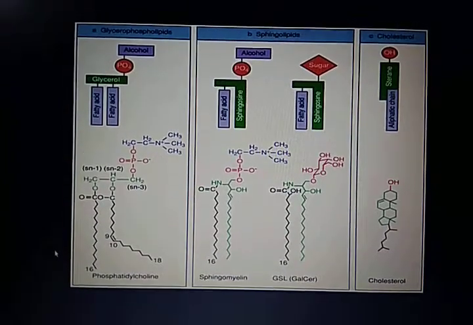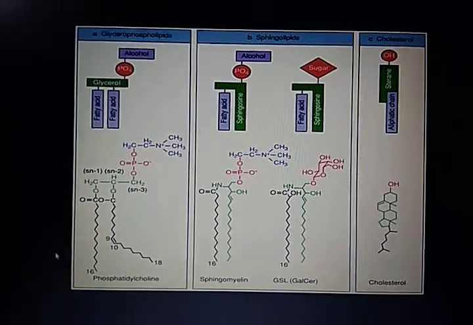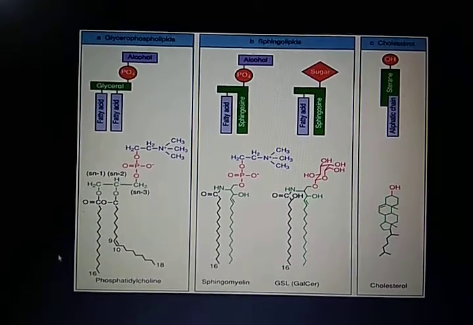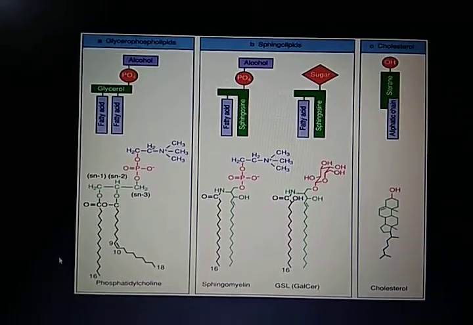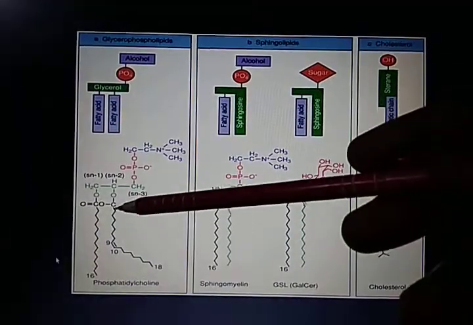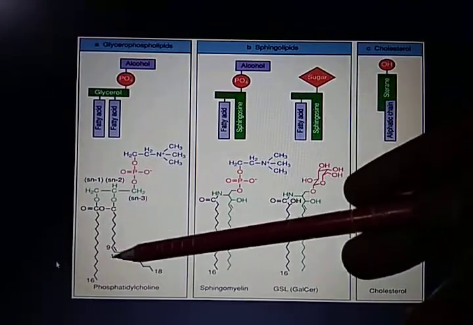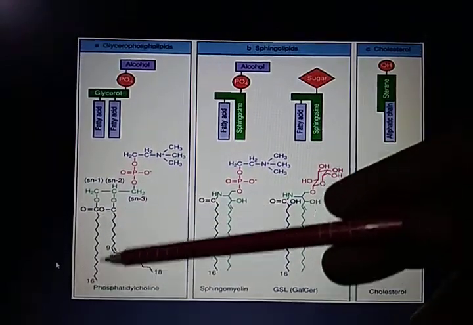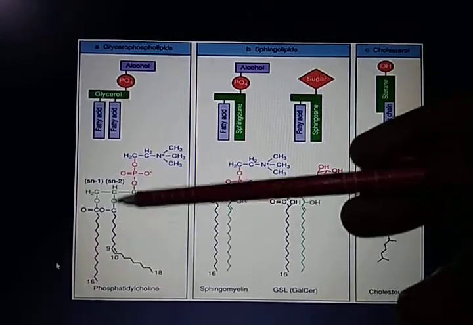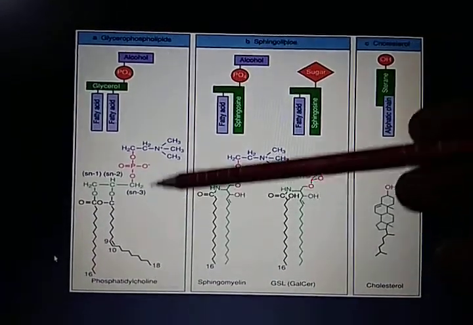These have a polar head group and two hydrophobic tails. As you can see in the figure, there are two hydrophobic tails. Each tail is usually a fatty acid, and they can differ in length. They normally contain between 14 to 24 carbon atoms. See, in one tail there are cis double bonds, or in one tail there are more double bonds, and we can say that one of the tails is unsaturated while the other one is saturated. The double bond creates an angle of 45 degrees, and thus it creates a bend. This bend is very important for maintaining the fluidity of the plasma membrane.